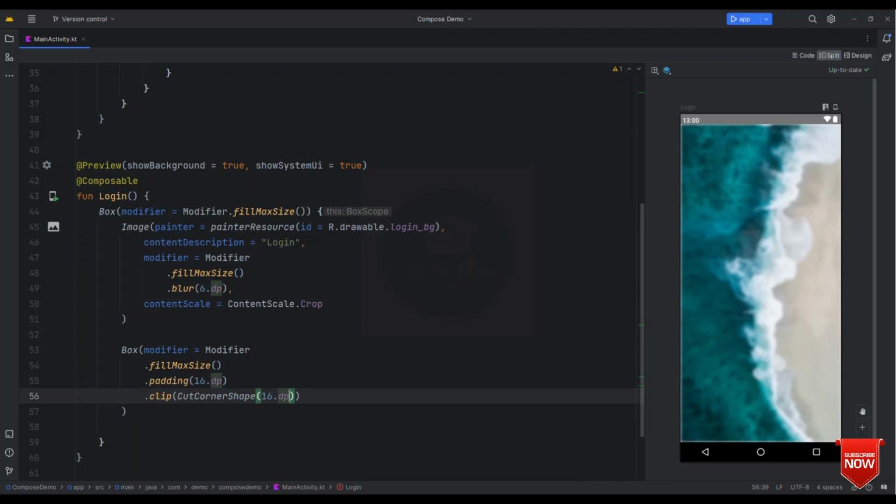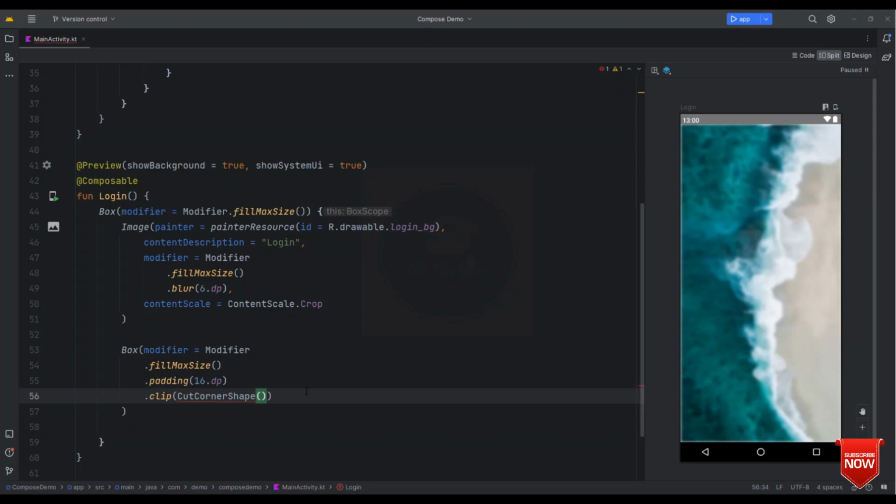But our case was different. We wanted a different shape for the left and right, for the top and the bottom side. So for that, what we can do is we can use top start, top end, bottom start and bottom end